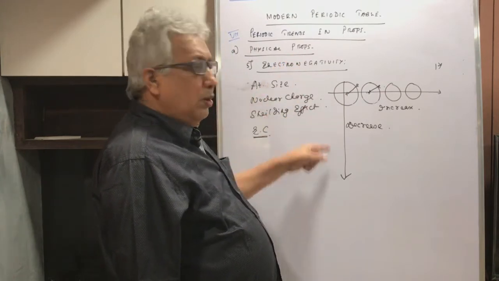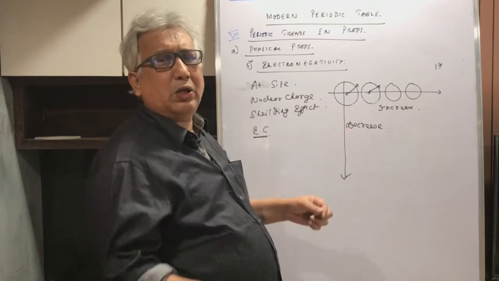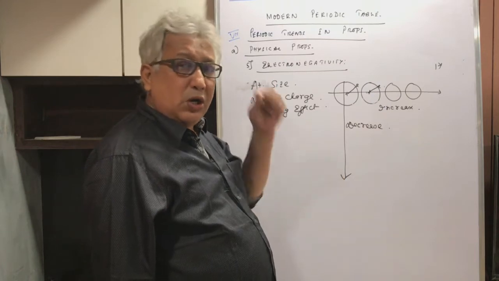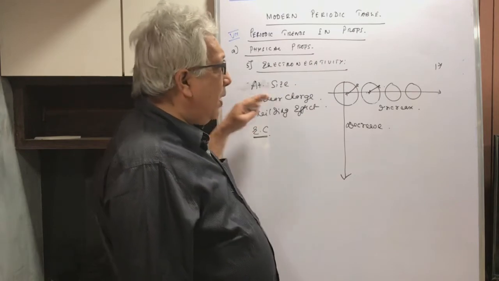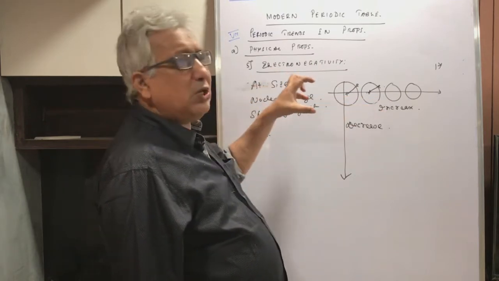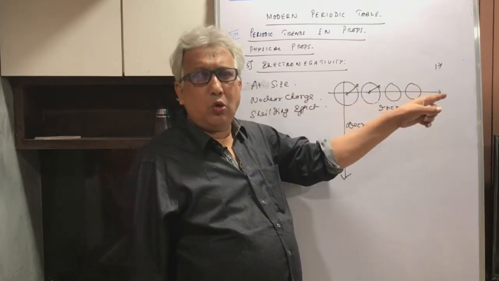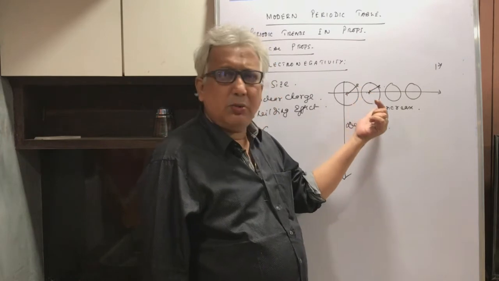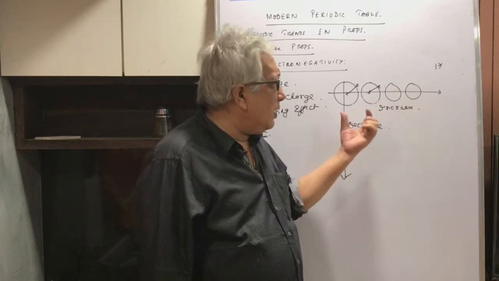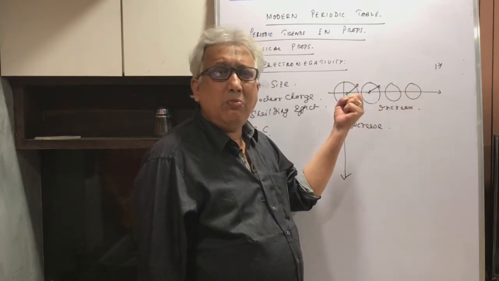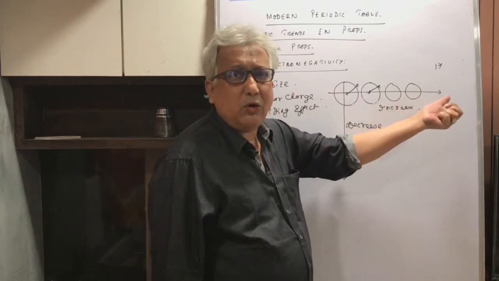So I repeat the trend: down the group, atomic size increases, the distance between the nucleus and the incoming electron becomes more, attraction from the nucleus becomes less, and electronegativity decreases. But across the period, the atomic size goes on decreasing gradually. Also nuclear charge becomes more and more, like sodium has 11 protons, magnesium has 12 protons, aluminum has 13 protons, so it will go on increasing, and as a result the power to pull the electron cloud will become more, and that means the electronegativity will increase across a period.